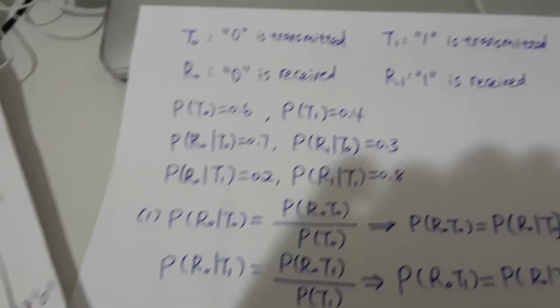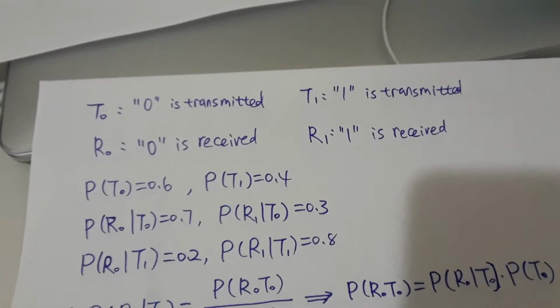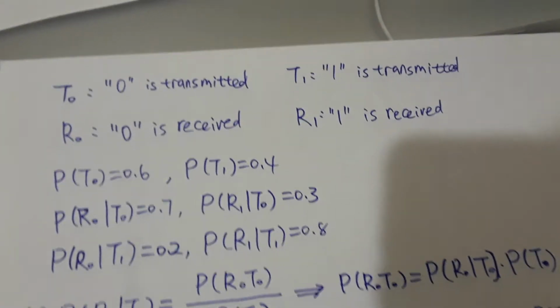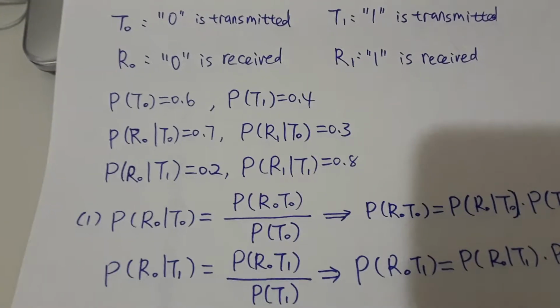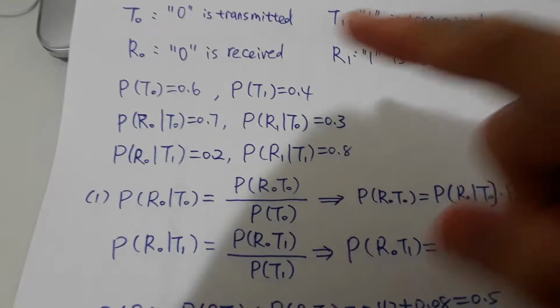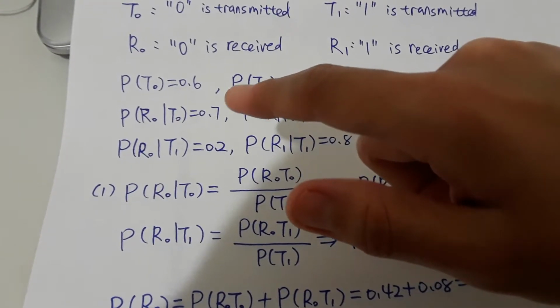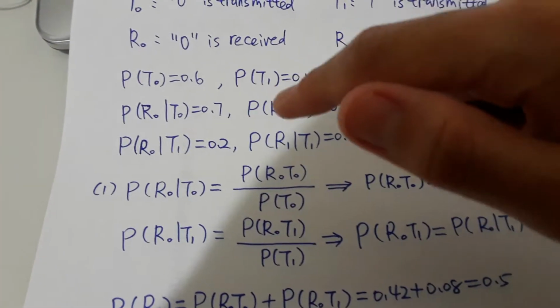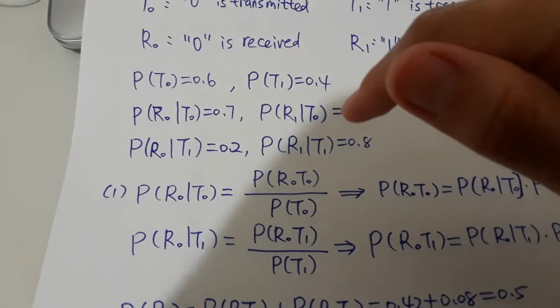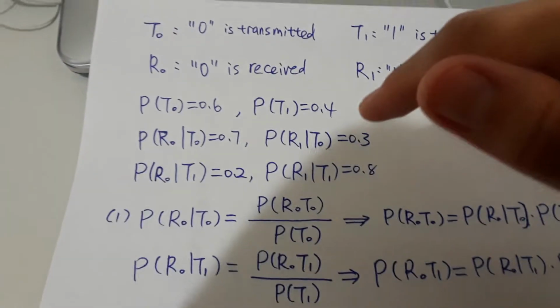According to the information from this question, we know that the probability of T0 equals 0.6, and the probability of signal 1 transmitted is